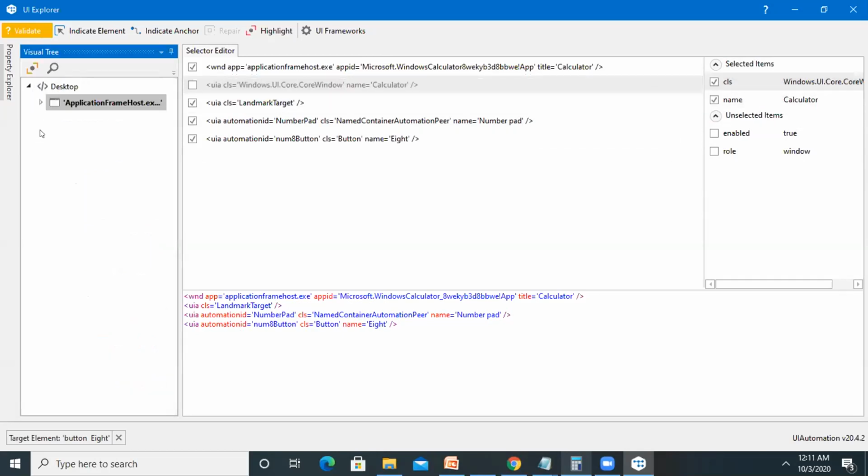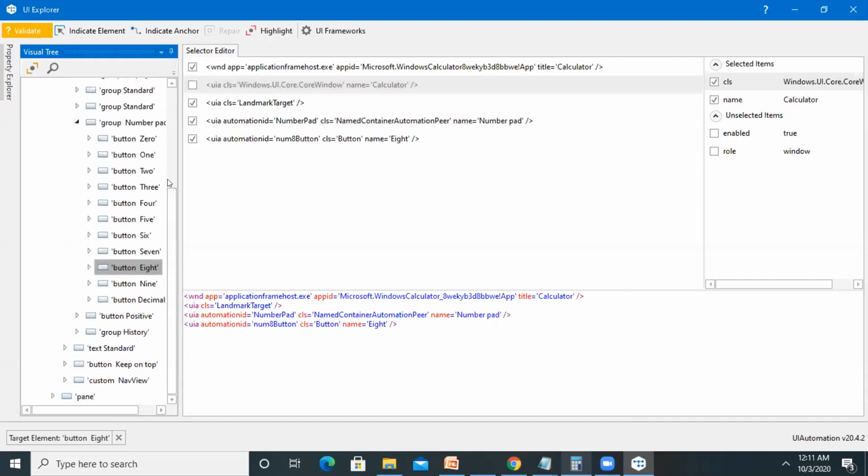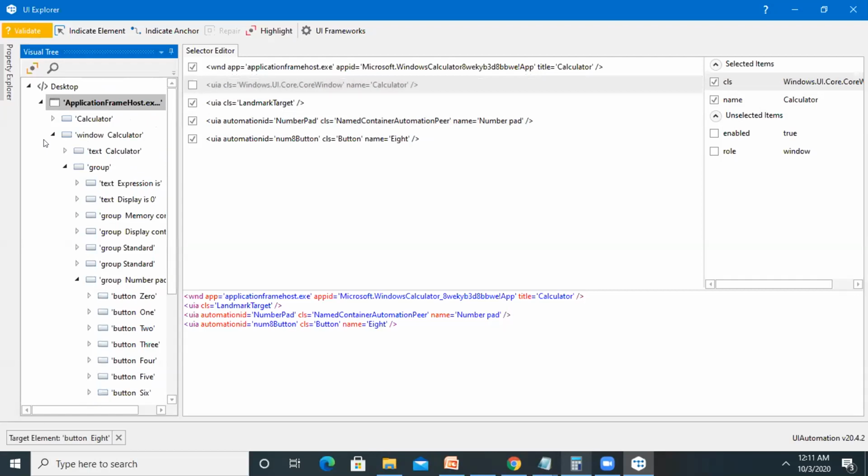So this is a tree view representation where we can get the root node and the end node, which we can use for our further modification. Indicate anchor was already covered in one of the examples by Priyanka, so I'm not covering this one. If I want to highlight a specific component which I have selected earlier, you can see here when I click, that component is highlighted. When I unclick this, it goes away. In the same way we can cover the UI frameworks like UI Automation and Active Accessibility. We can check or uncheck according to our requirement.